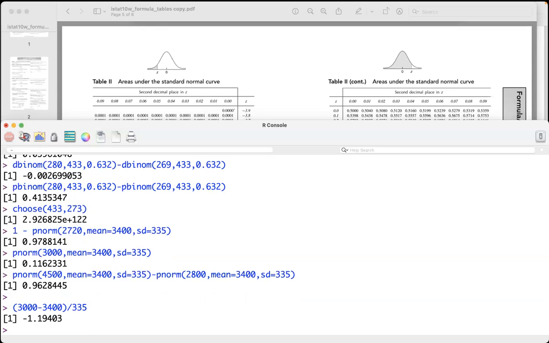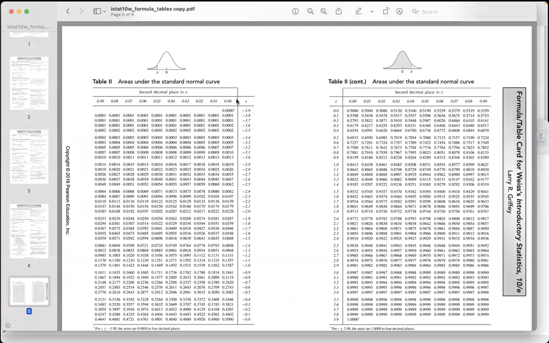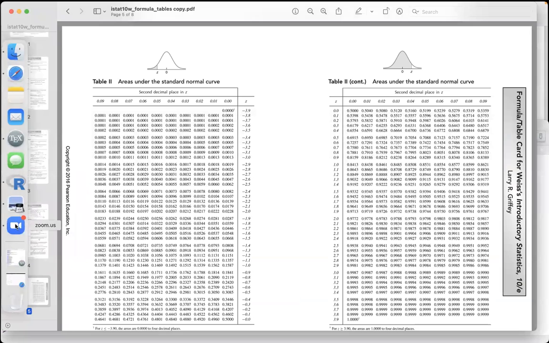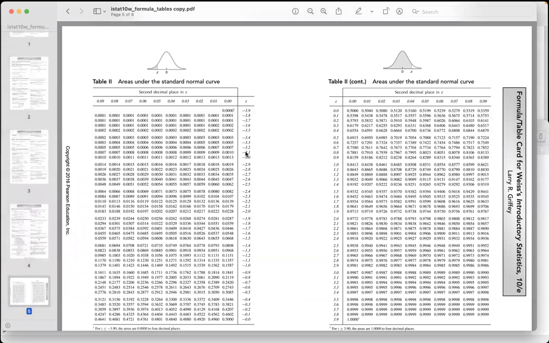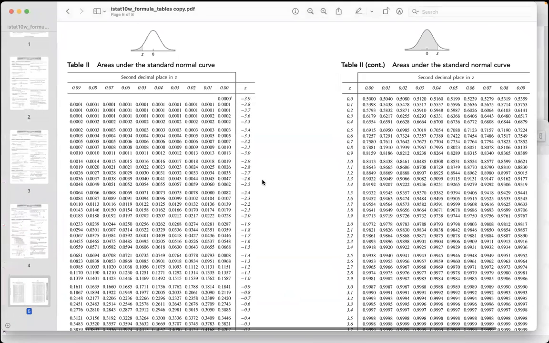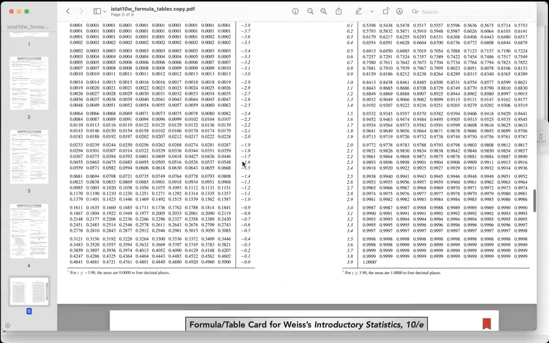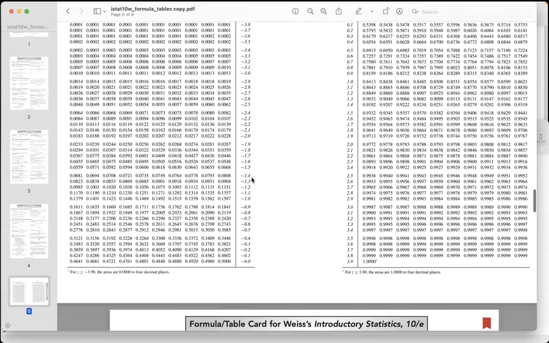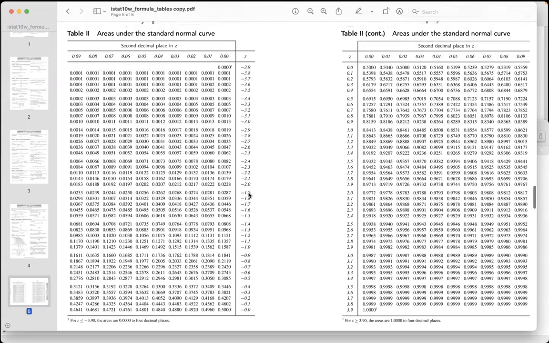It's going to be negative 1.19403. And so we have to round this to 2 decimal places because that's as accurate as this table gets. And so we have negative 1.19. And so again, remember the way that this table works is that you look in the columns for the negative 1.1, and then the hundredths place is determined by which column we're in. So if we're looking at negative 1.19,